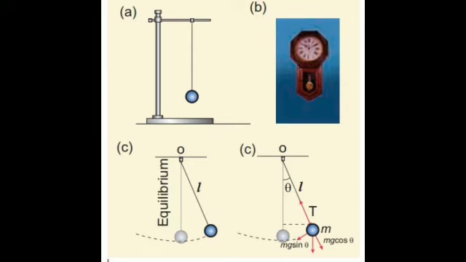Third one, independent of the following factors. Mass of the bob: the time period of a simple pendulum is independent of the mass of the bob. This is similar to free fall. Therefore, in a pendulum of fixed length, it does not matter whether an elephant swings or an ant swings. Both of them will swing with the same time period. Next, amplitude of the oscillation. For a pendulum with a small angle approximation, the time period is independent of the amplitude of the oscillation.